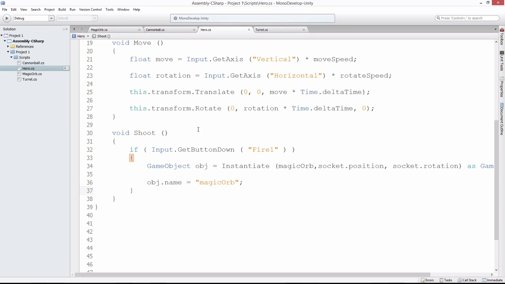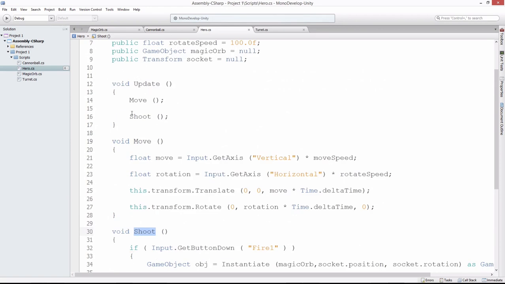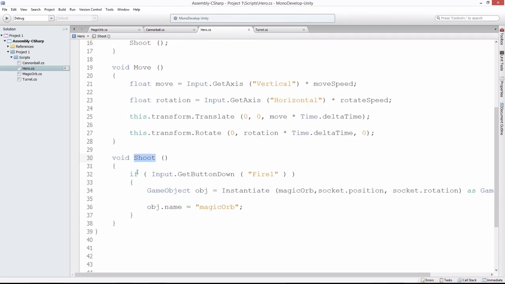Alright, so if we have this set up, if we have shoot set inside of our update, we're looking for a single button pushed down with fire, which is left control or the mouse button 0, or I think it's going to be standard Logitech control would be the green button. So if we go back into Unity,